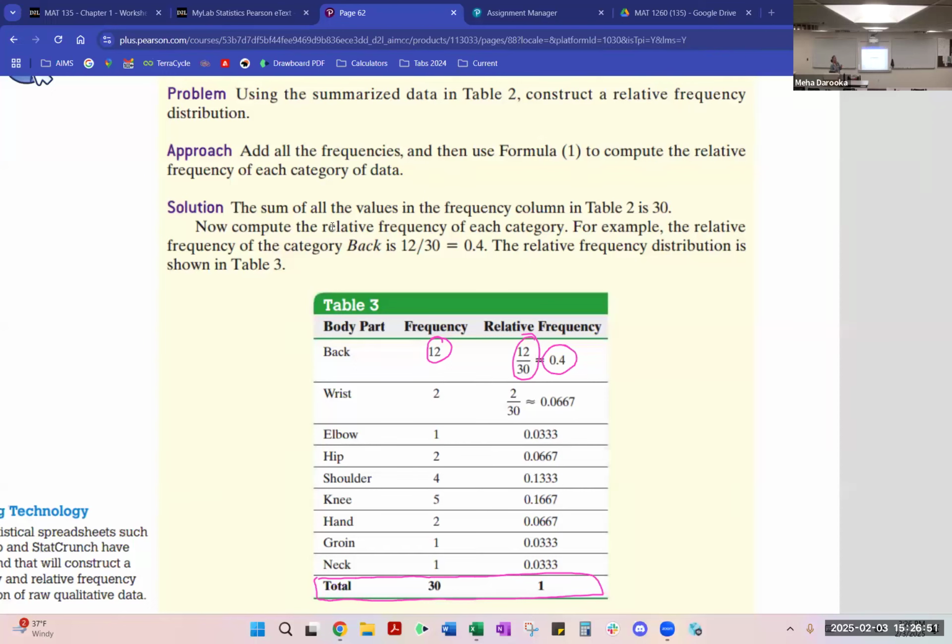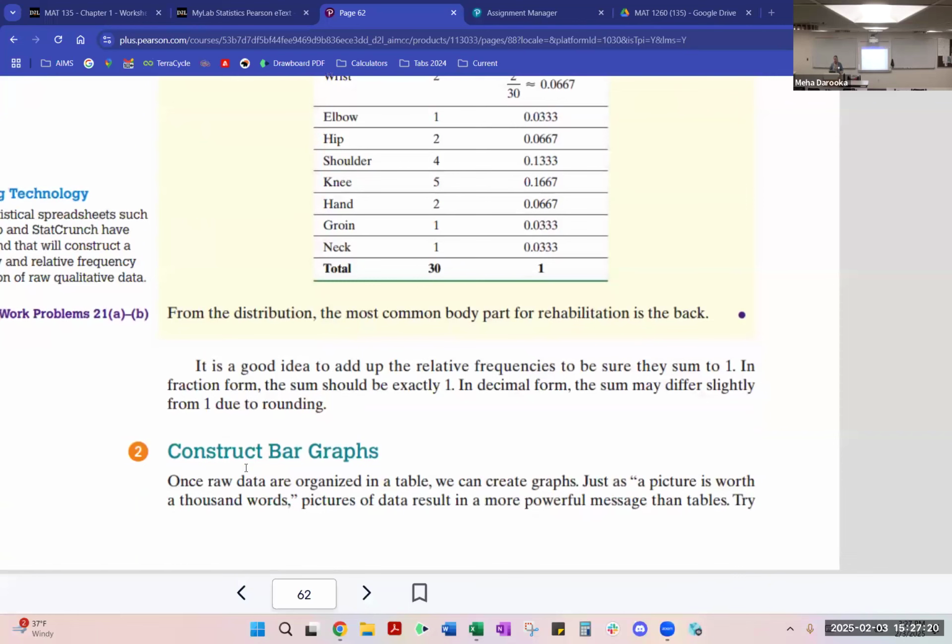Every now and then you may get a total of 1.0001 or something like that. Again, that can just be a rounding thing depending on how you rounded your relative frequency. But obviously, as you can imagine, the closer you are to 1, the better your accuracy is going to be. And of course, in this example, you can see our relative frequency column did add up to a 1. So we know the rounding in this case worked out nicely. So that's how we create relative frequency and